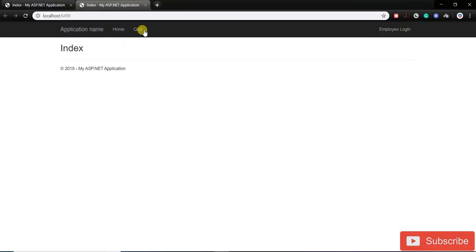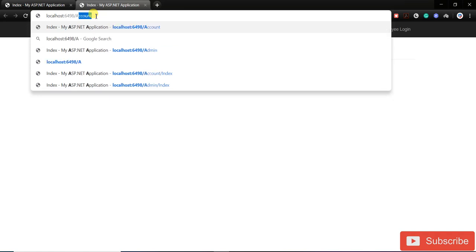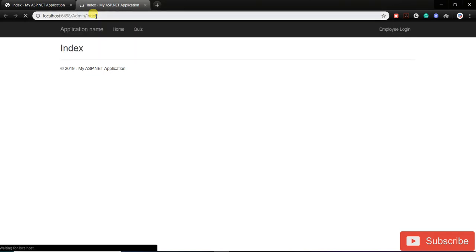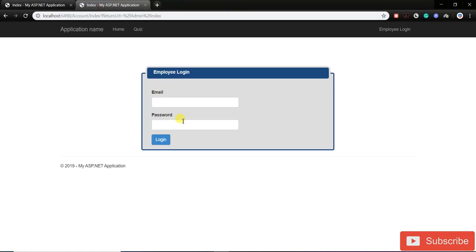Now you can see there, you cannot see your admin link. Okay, if you try to go to admin index, you should be redirected to your login page. See, it's redirecting to the login page. Now if you try to log in,